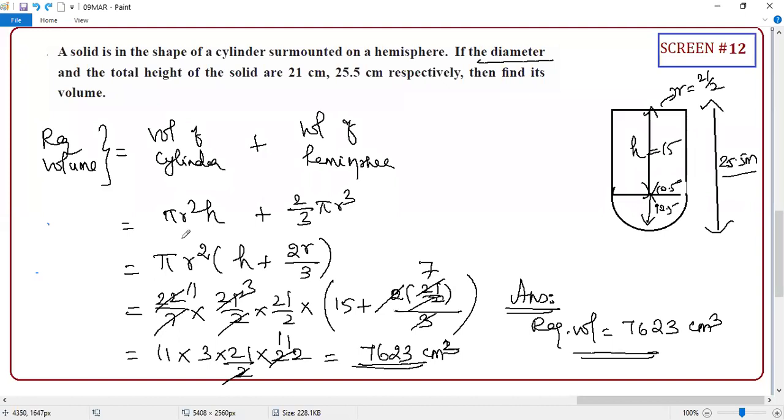You asked me. So, guys, this step is just a kind of factorization. You take the common factors. Pi is common in both places, and r square is common in both places. Then what is inside? You have h inside, and 2/3 will be there, and in r cube you have 1 r. Are you clear now? Yes, sir. Anyone having doubt, guys, please ask me.